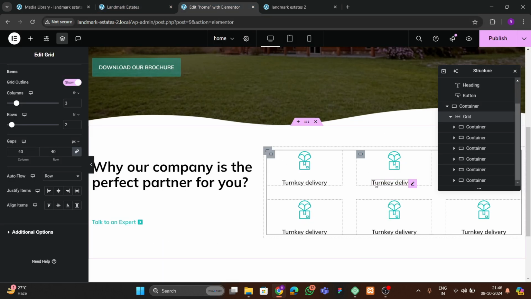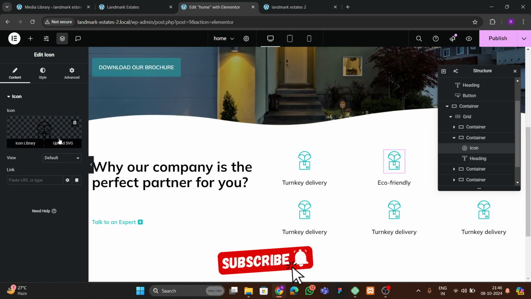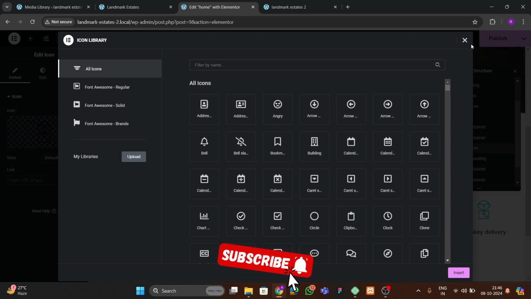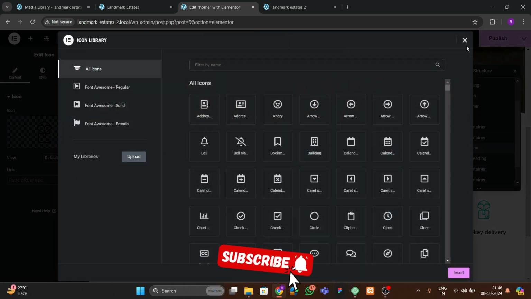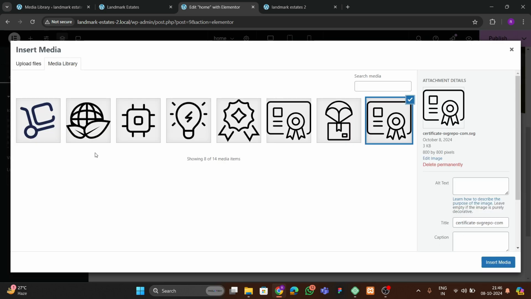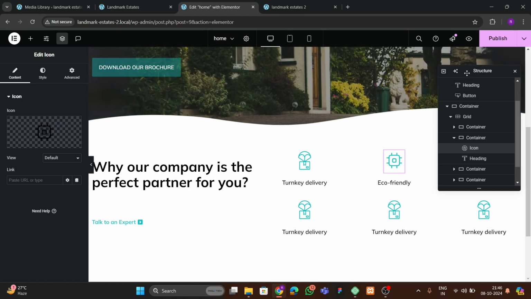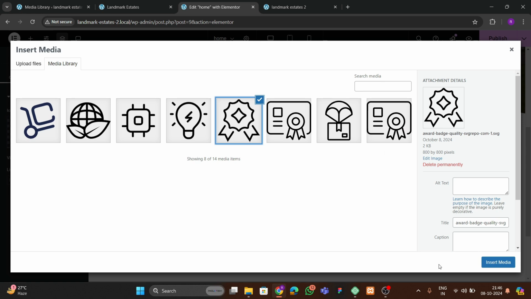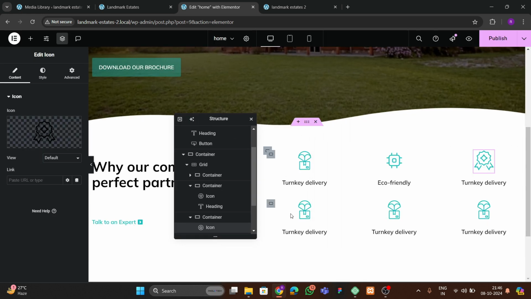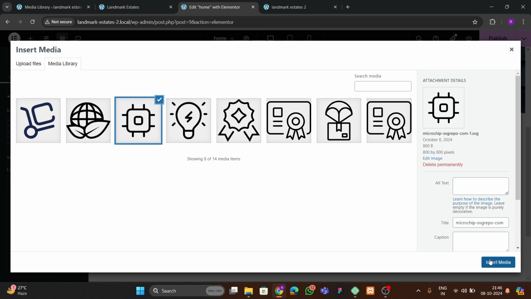So let me quickly upload, or I don't want to make the video long, so let me go to the icon uploaded here, icon library, or we can go to the upload SVG, and here you will find all the icons. So you can just replace this icon like this. Just click on this and go to here, and here you can replace all the items. Okay, so let me quickly update all this from here,